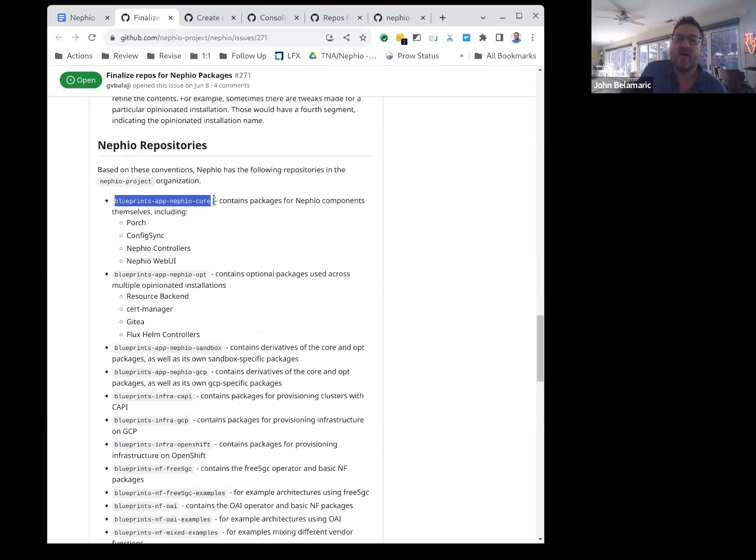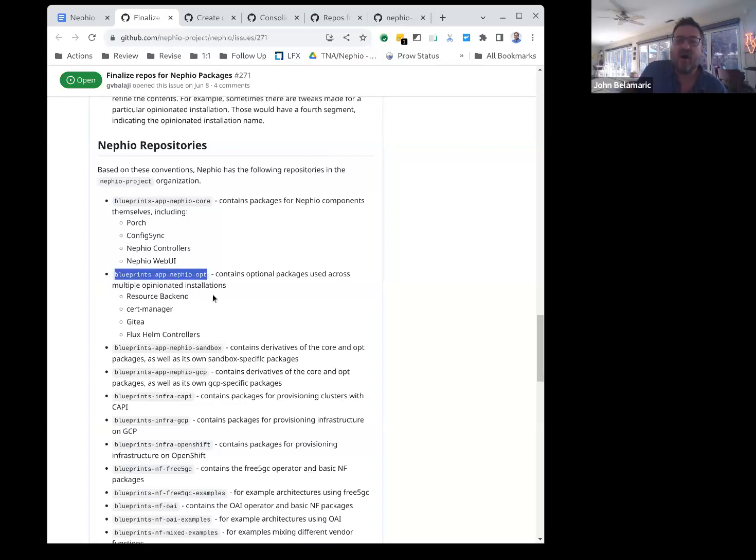So like the blueprints or catalog app Nefio core would contain these packages: Porch, config sync, Nefio controllers, Nefio web UI. Those would be used within multiple opinionated installations, for example.